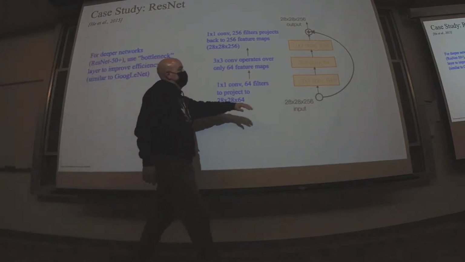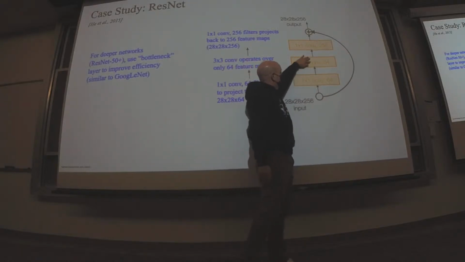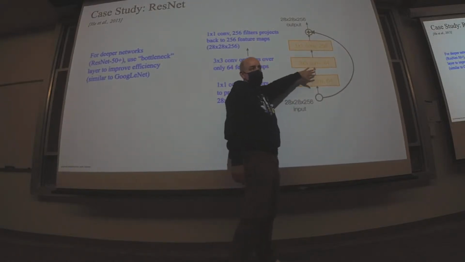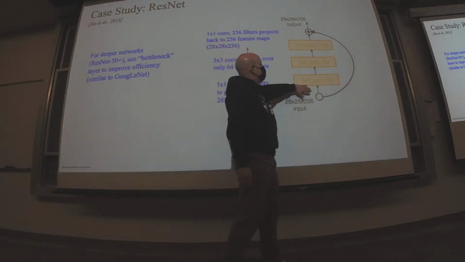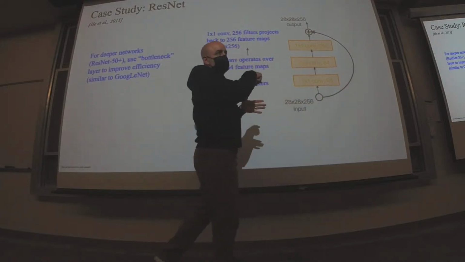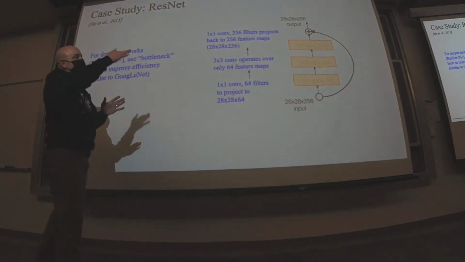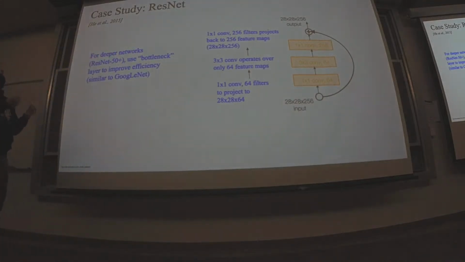You can look and see, is there anything useful happening here? These could end up being identities. You're looking at the difference, the difference of the signal that you're trying to learn from the input. And so you can go look at those filters and find out that they're just